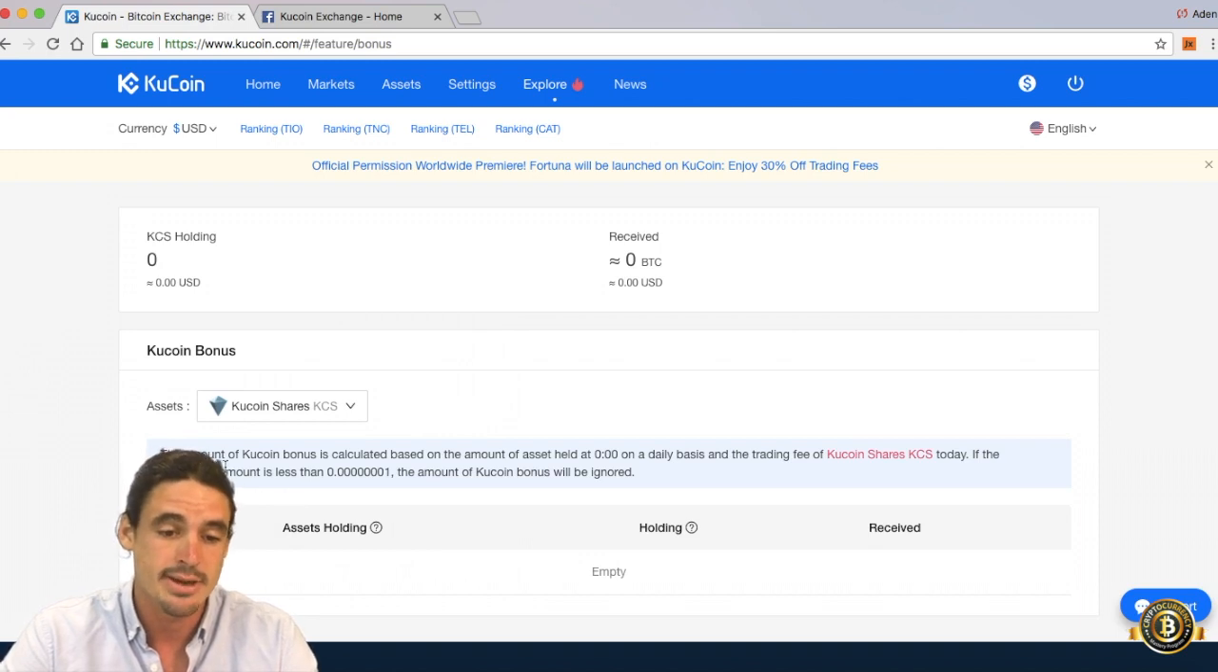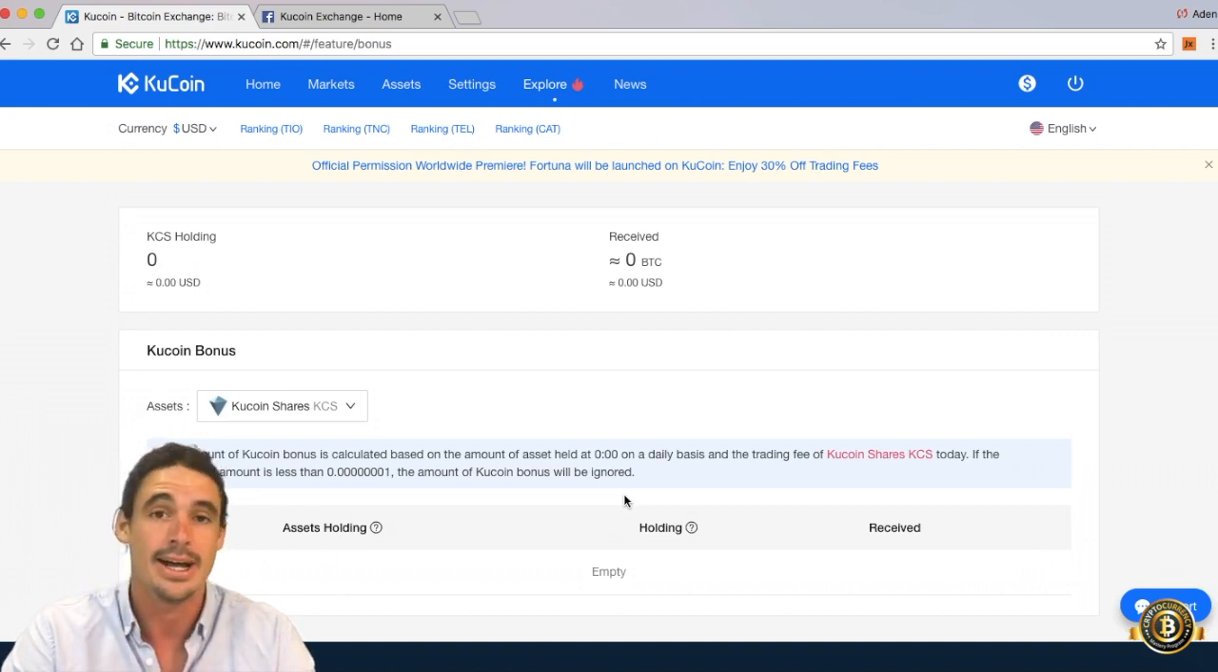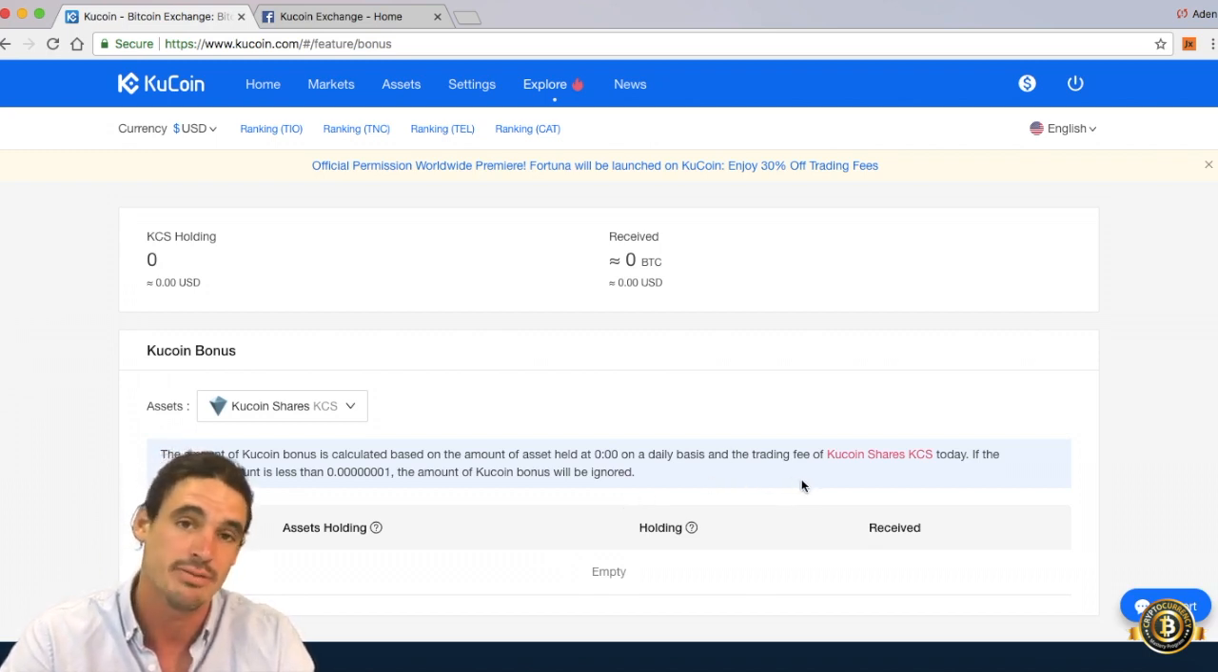Look, as you can see here, it says the amount of KuCoin bonus is calculated based on the amount of assets held. So essentially, if I've got 1,000 KuCoins, then I'm going to get a lot more of whatever's happening on the transactions. For example, the fees of people trading with KuCoin and other cryptocurrencies in general. So if I'm just holding KuCoin, I'll get a part of these transactions happening. So yeah, it's pretty much just saying you're going to get a portion of the trading fees just by holding